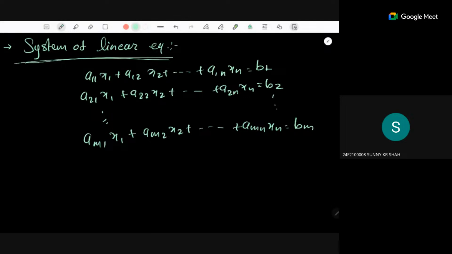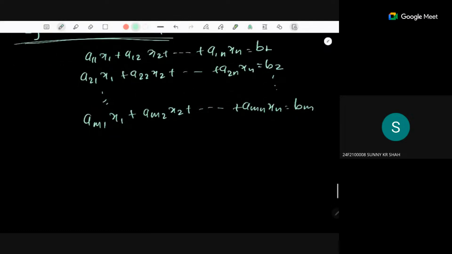Okay, so suppose this is our system of linear equations, where we have n variables, x1, x2 up to xn. So we have n variables and we have m number of equations, right? So if we have such a type of system of linear equations,